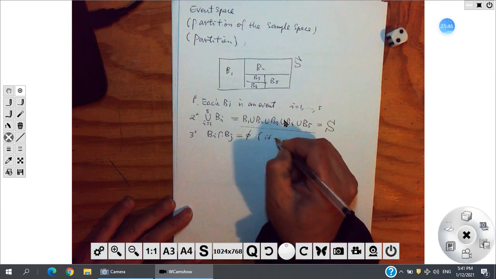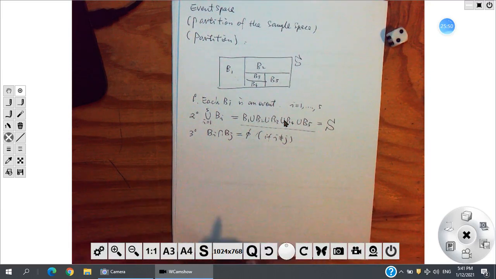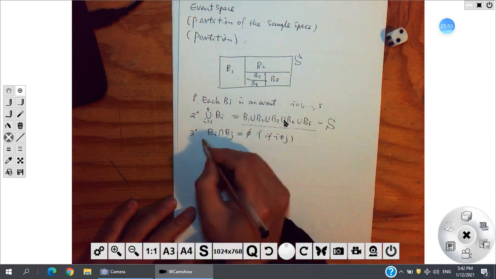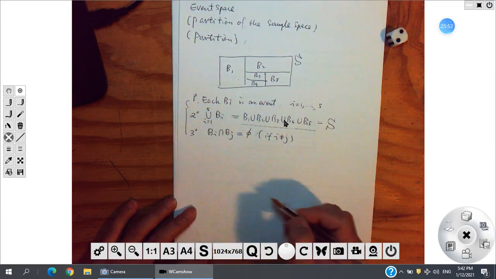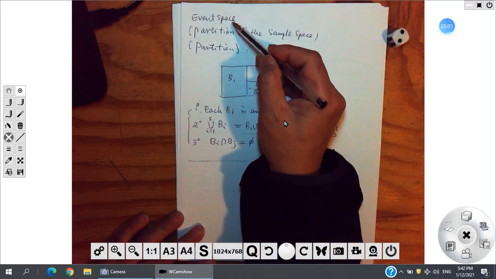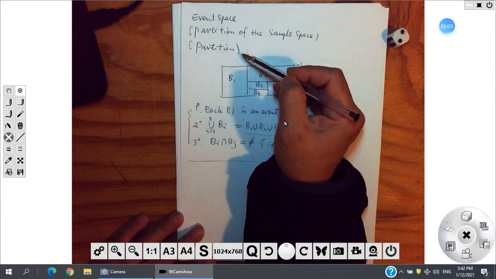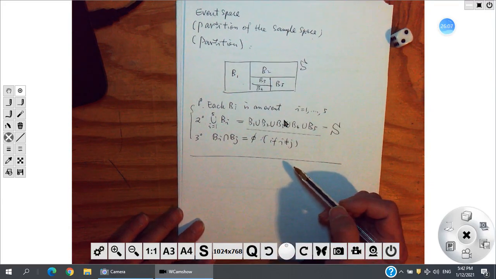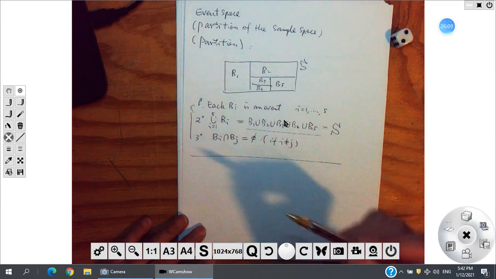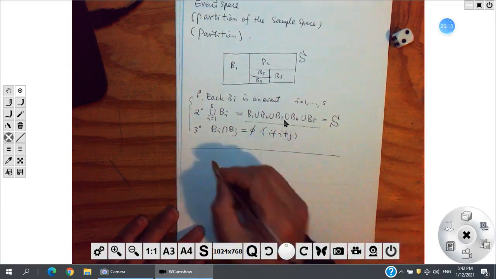If i does not equal j, of course, if they are the same, then the intersection is themselves. Okay, so we have these three features, and we call it an event space, or partition of the sample space, or just the partition. This kind of thing we always use, especially in the case, for example,